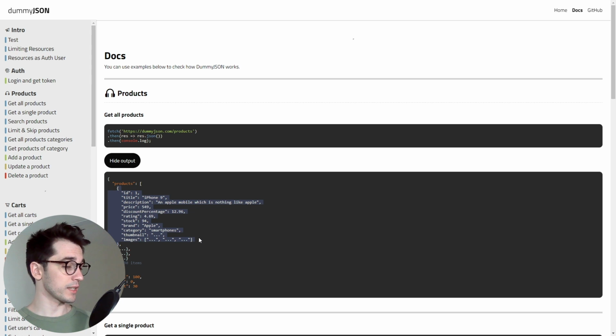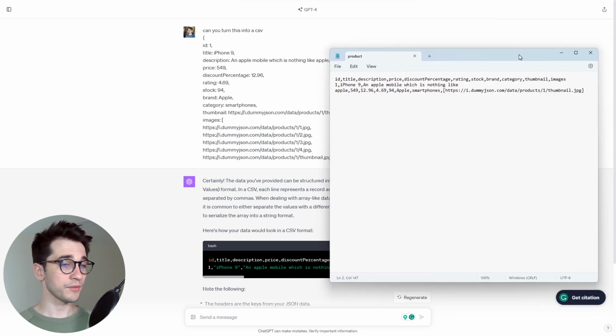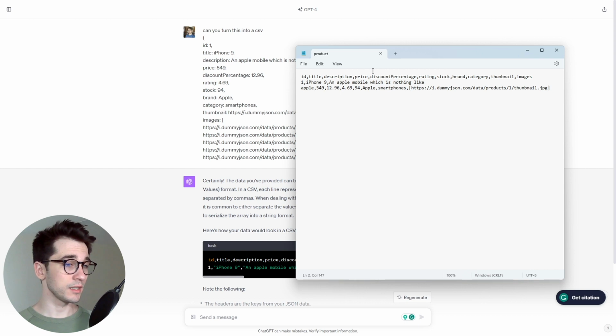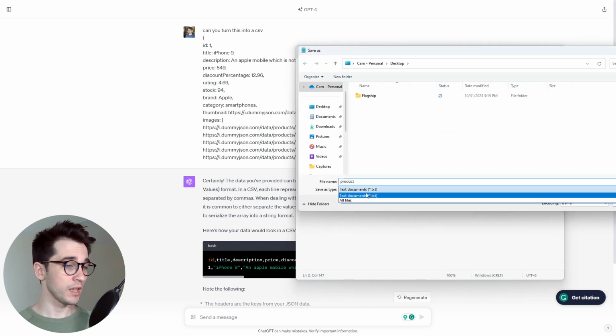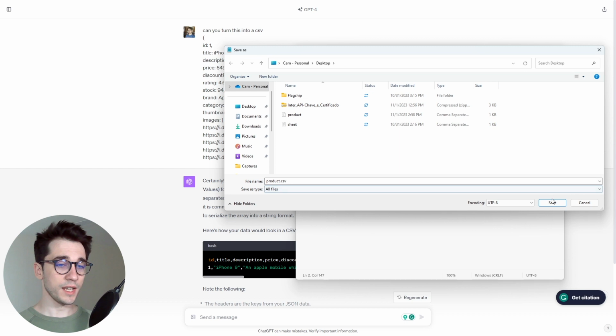The way that I do this is I copy this object, and then I navigate over to our friend, ChatGPT. I'll paste my prompt here. I just say, can you turn this into a CSV? And it gives me the CSV. After that, I copy this into a notepad or a text editor where I can save as, and I'll select all files, and I'll do product.csv. And so once I've saved this,